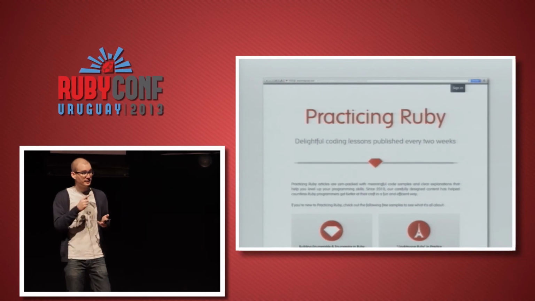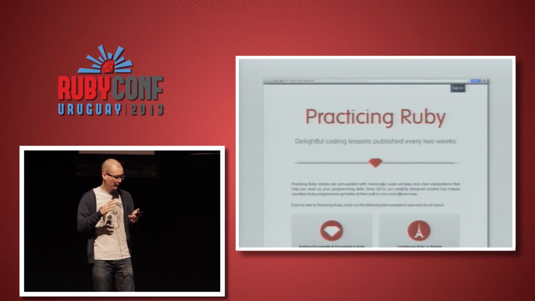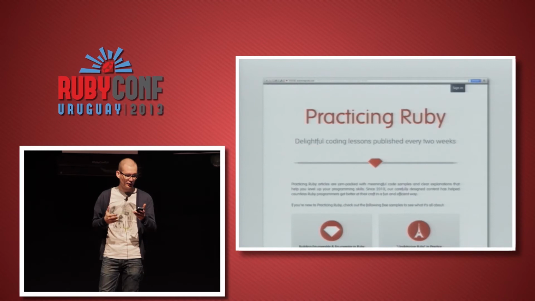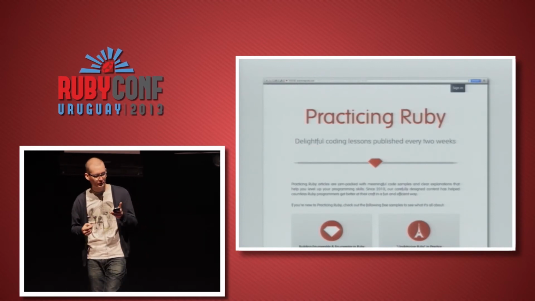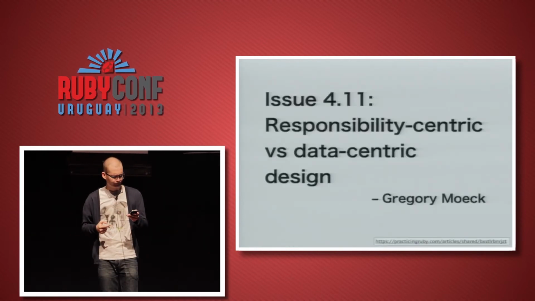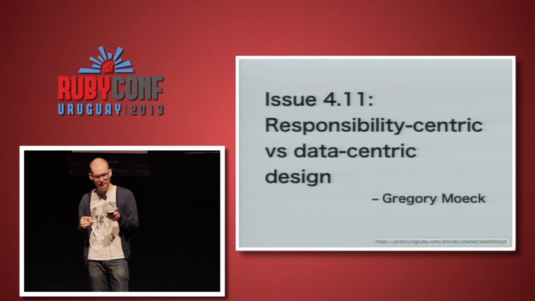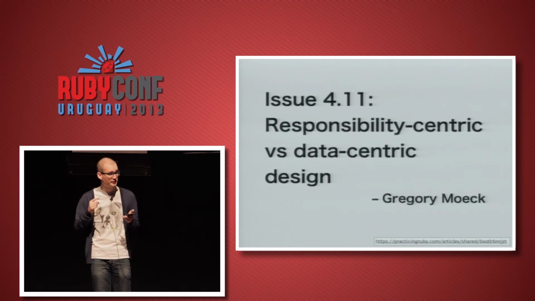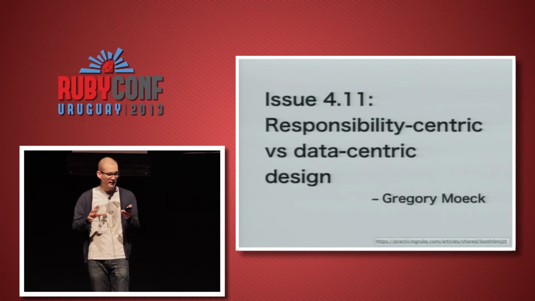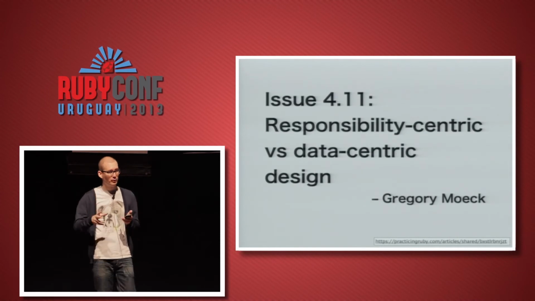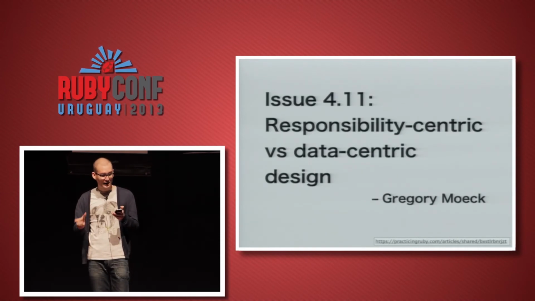I don't know if you know Practicing Ruby, but it's one of the great resources that I discovered while researching for this talk. Totally recommend it. I found one of the articles in there particularly insightful. It's titled Responsibility-Centric versus Data-Centric Design. In it, its author, Gregory Brown, discusses two big design styles people in the object-oriented world have been arguing